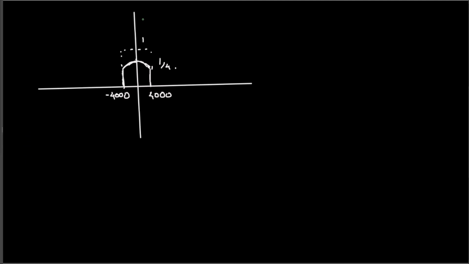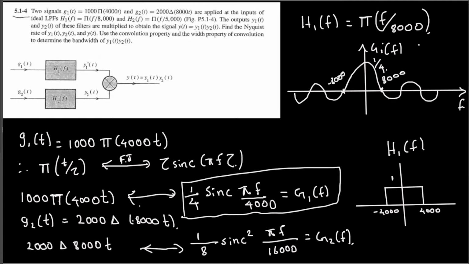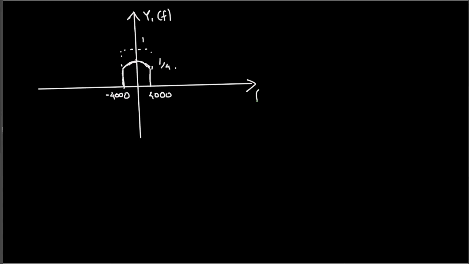So from G1 of t, this one is Y1 of f, okay, this one after passing through the low pass filter becomes Y1 of t, but in the frequency domain that's Y1 of f. So this is the frequency domain, and then bandwidth of Y1 of f